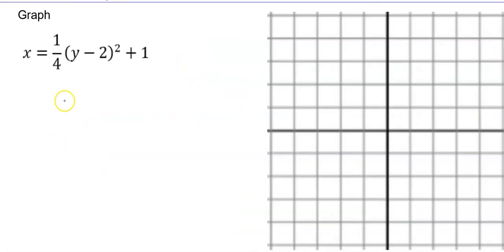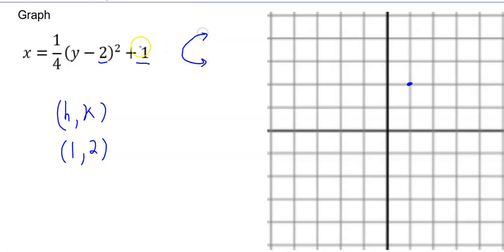So h and k is the tough part here. Sometimes I get confused. So the h is actually this guy right here. So it's 1 according to the formula. And then y minus k, so k is a positive 2. So 1 comma 2 is my vertex. This one's definitely opening to the right because it's x equals and it's positive, so my focus point should be